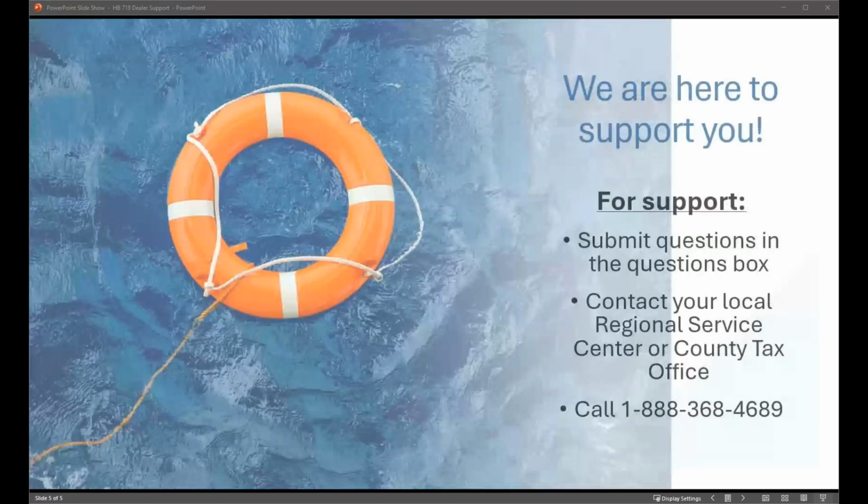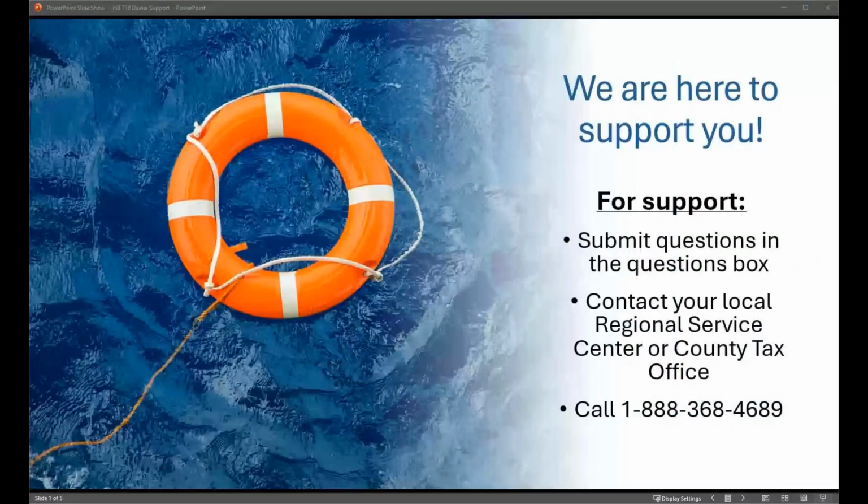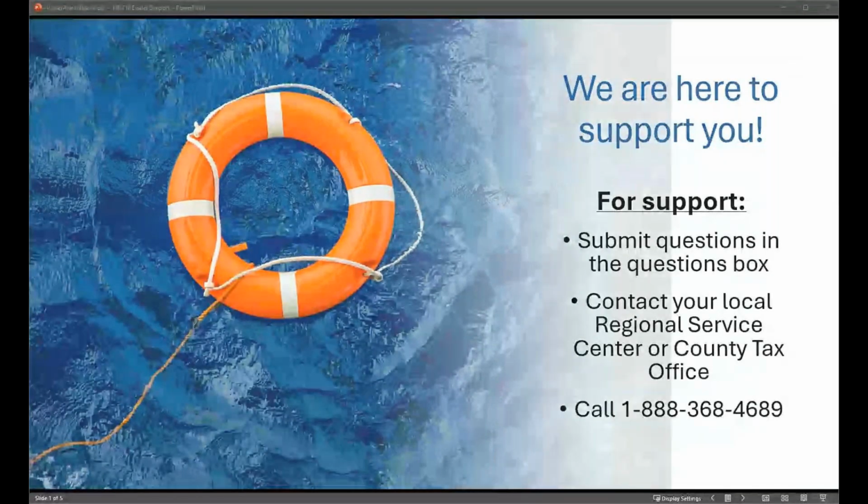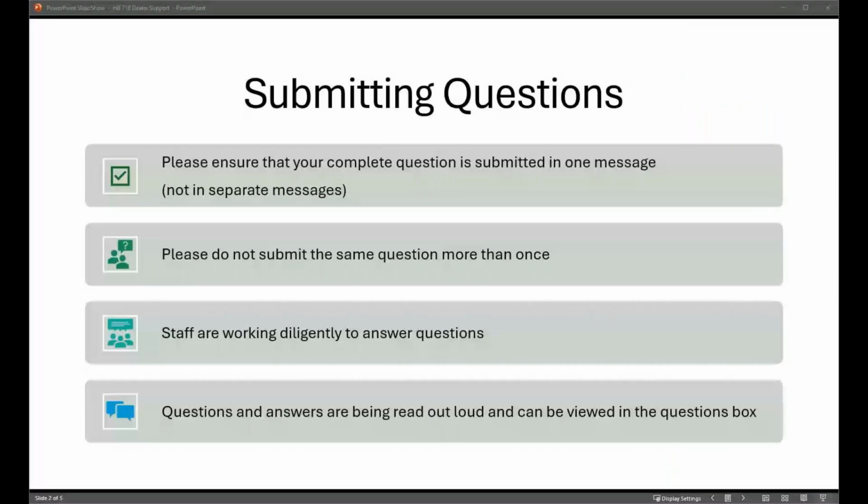Do I need the title with me to fill out the application or transfer it? How does it work if I don't have the title because a finance company pays for the cars for me? Essentially you have to have a title before you can sell a vehicle. Even if you're waiting for it from a finance company, I know that can sometimes be a lengthy process, but you are legally required to have that title in hand before you can turn around and sell that vehicle. If you do not have the title in hand, you can therefore not transfer that title to another customer.